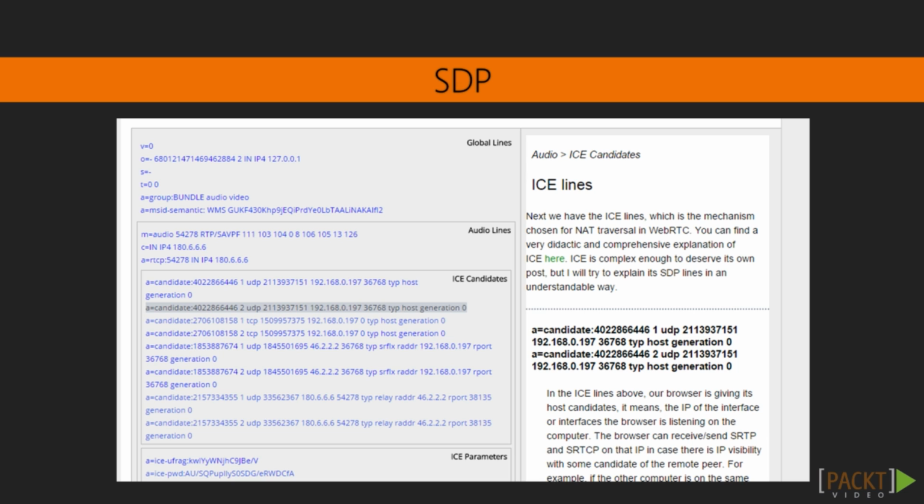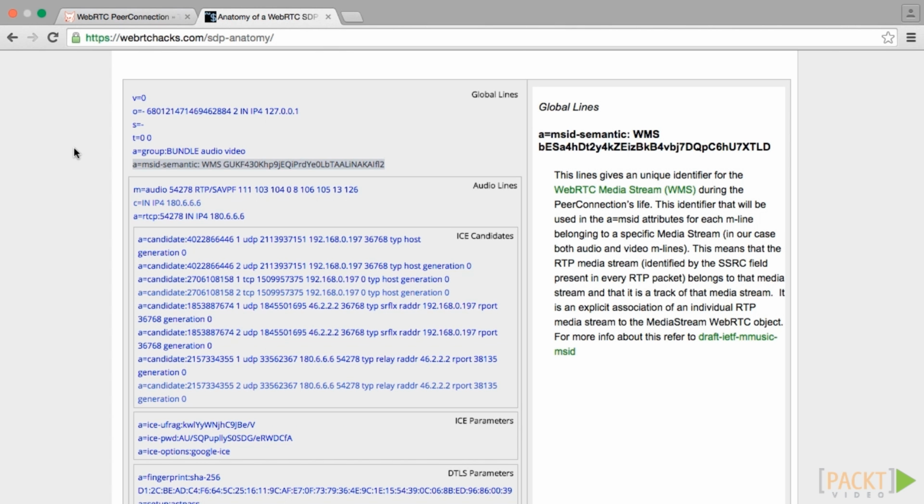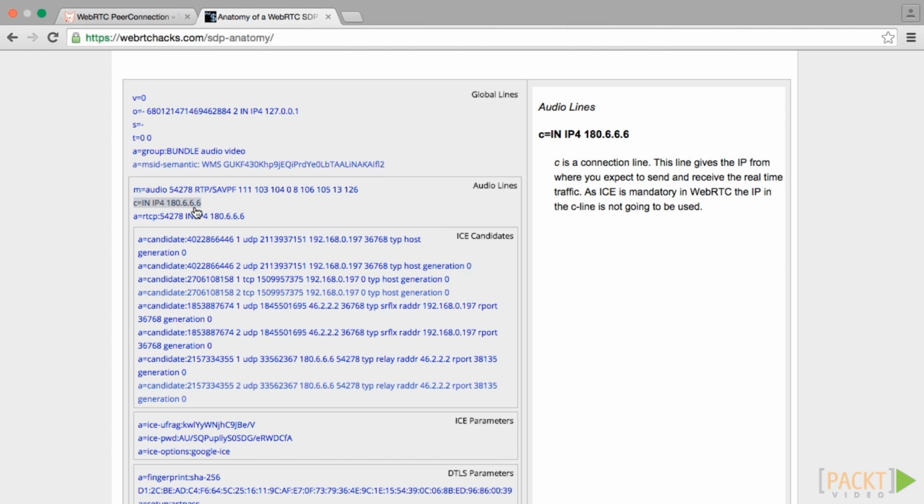The SDP generated by a peer connection must contain information about how to be reached by another one through a network, and also constraints related to media, codecs involved, and protocols. Let's quickly see how it's done in the following article written by our colleague Anton, The Anatomy of an SDP Message,